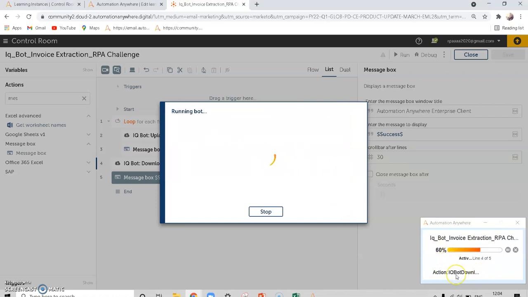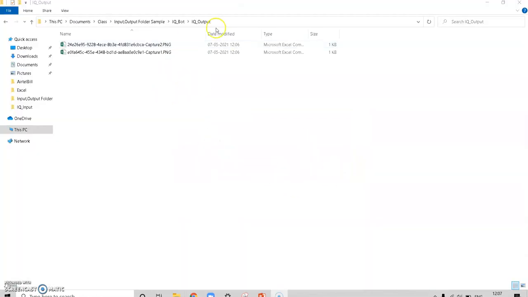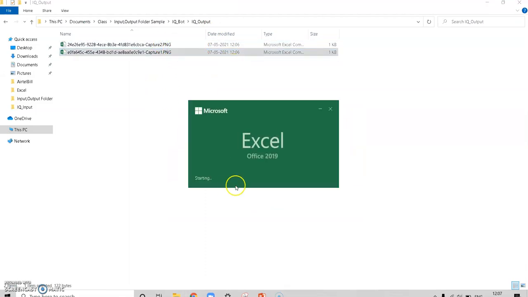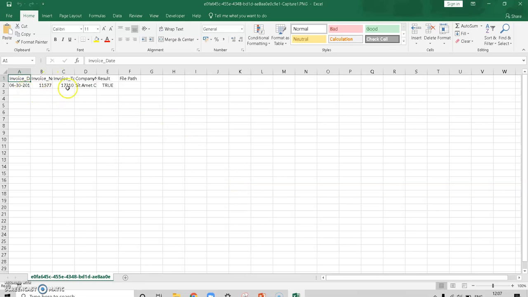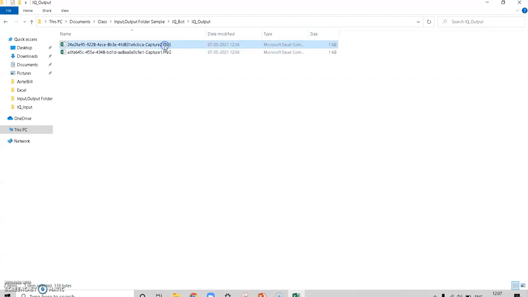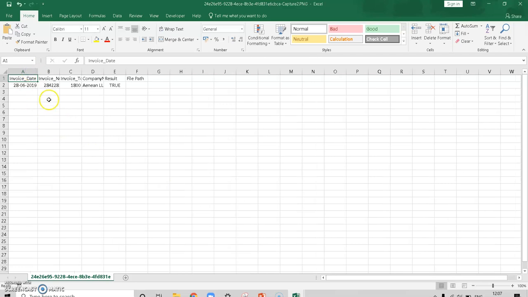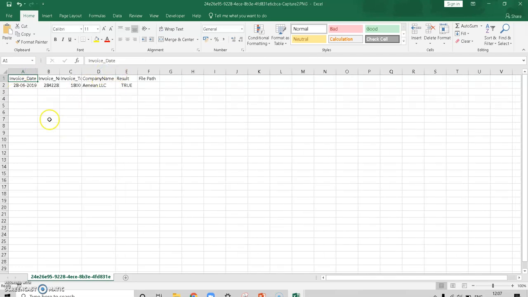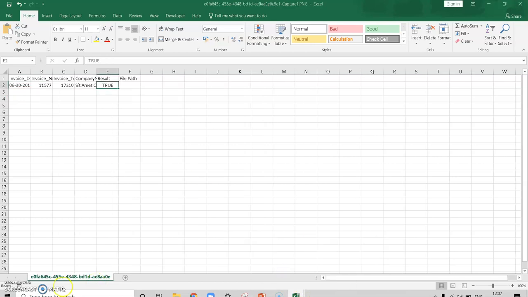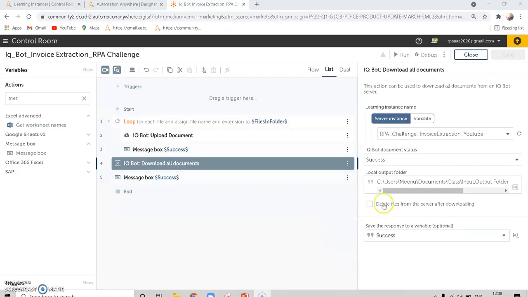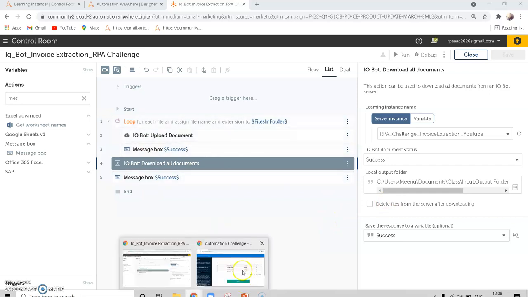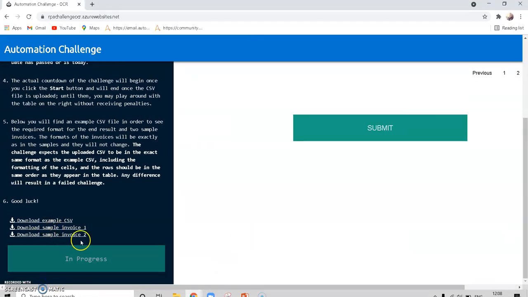So it's downloading, and 1 success message box. And so this is my output folder with capture 1 document and capture 2 document, and we can open and see invoice date, number, company, result as true, and next company name. Okay, everything captured successfully. So this is how we have to train the IQBot for the RPA Challenge documents, which are available only in the 2 formats.